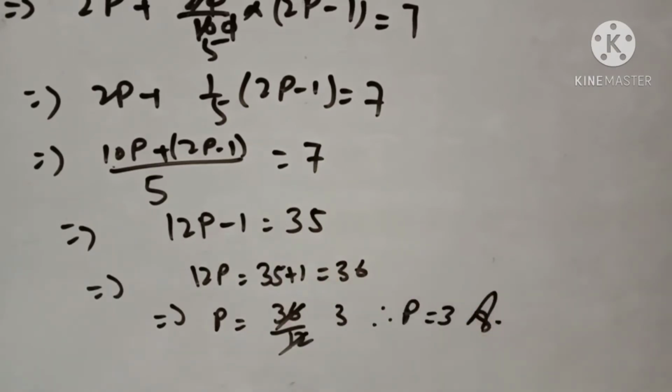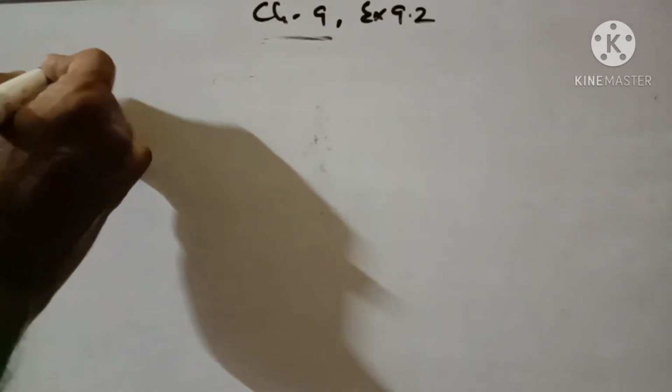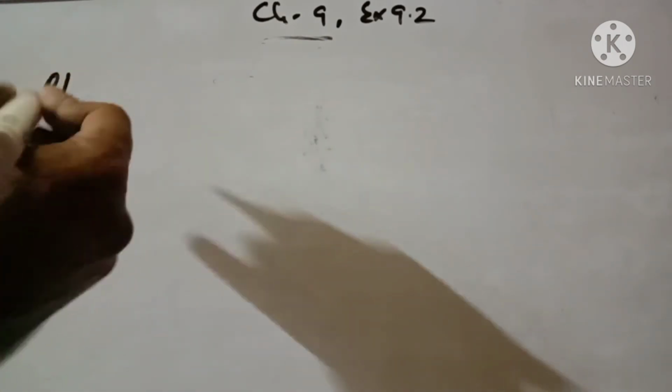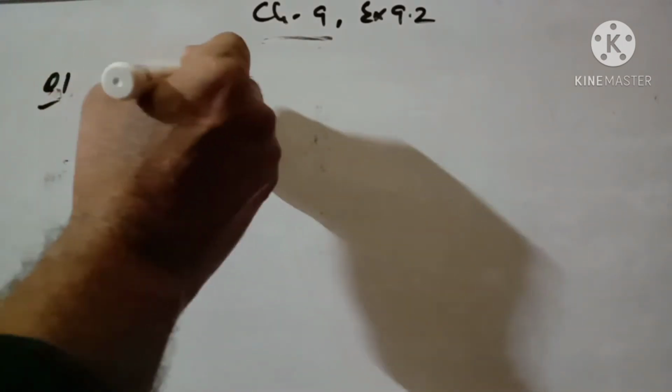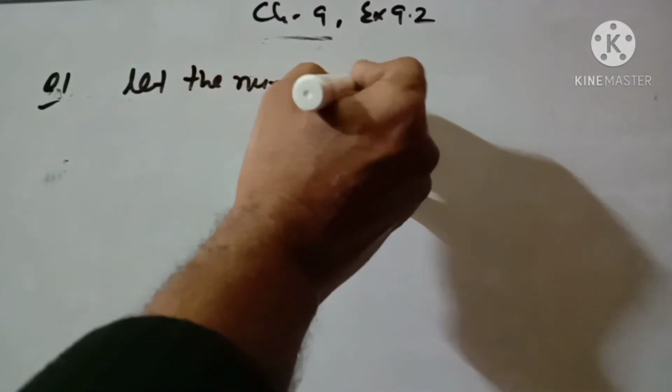Okay, write down please. Yes, now 9.1, here we are going to solve the uses of linear equations in word problems. In word problems, suppose any number is not given, we consider it as x, y, any variable. Suppose question number 1, it is given: if 7 is added to 5 times a number, the result is 17. According to the question, if 7 is added. Okay, let the number be x.